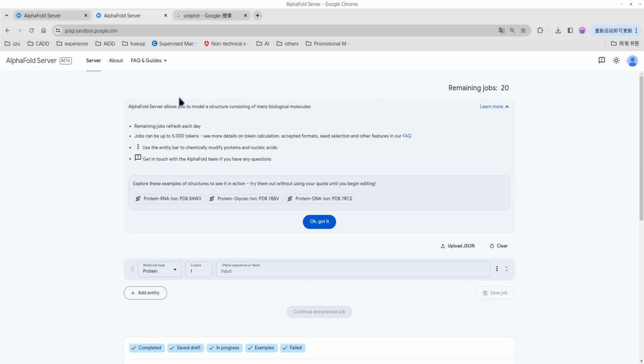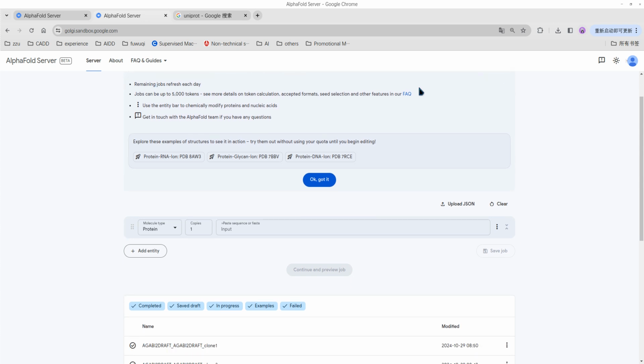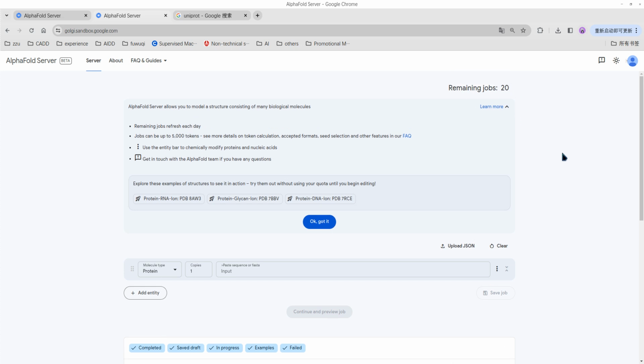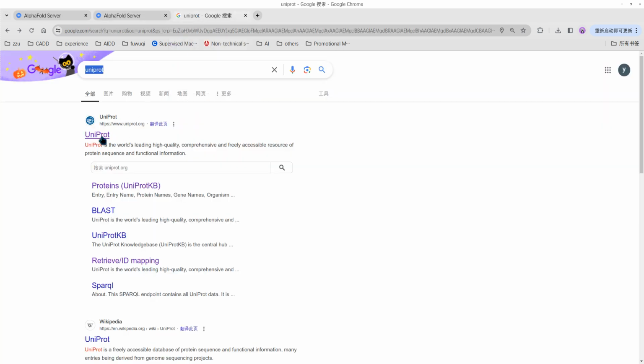the page, which has the number of daily uses, and there are currently 20 times. Scroll down to the sequence input area and history records. You can see in the history records that the human DLD target and human ADAR1 target have been tested before. In this experiment, we first test the human DLD target, open a new search box, enter UniProt, enter